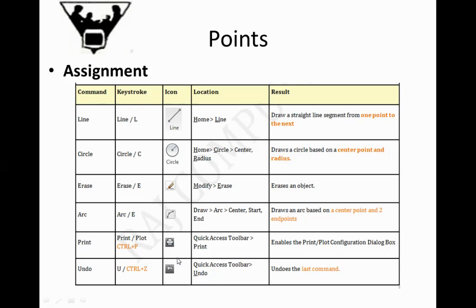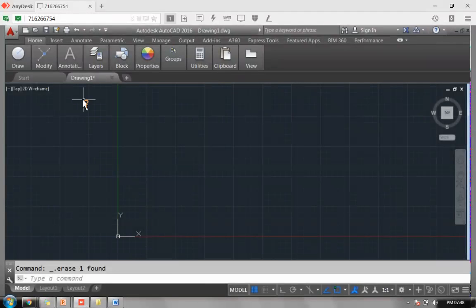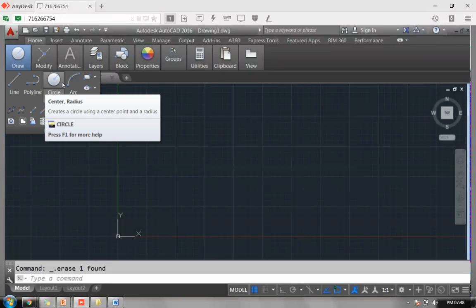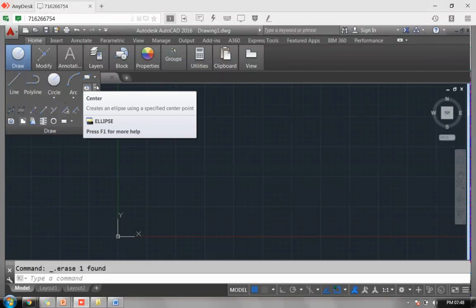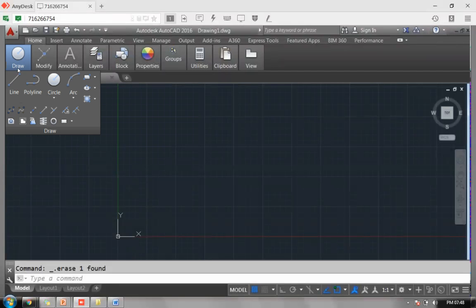So exactly where do we find this symbol? Coming back to the point, see, this is the normal area of AutoCAD where we find these commands. I click on this Draw. When you click on Draw, all these commands are available here. The first is line, circle, arc, and so on. Fine. So if you want to start with a line, I can choose it.